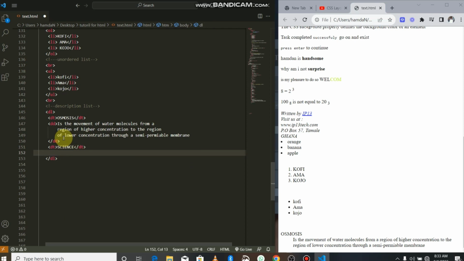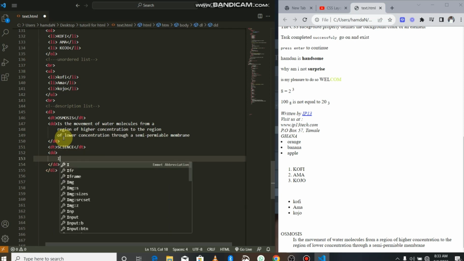Now let's move to our description detail. Back in high school we said science is the method of